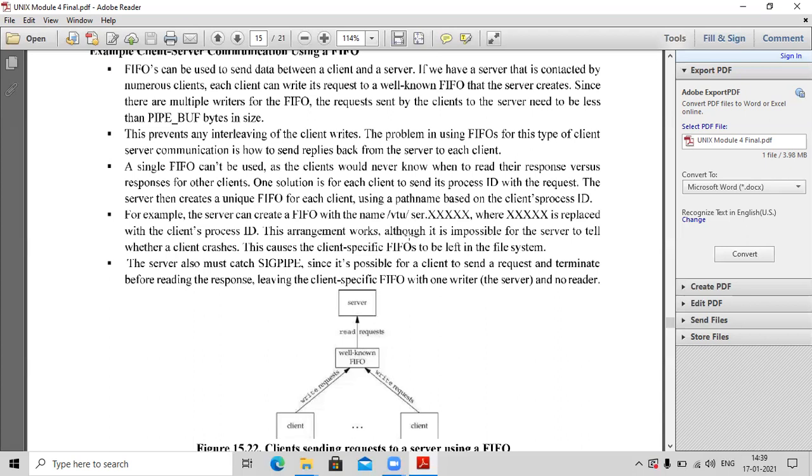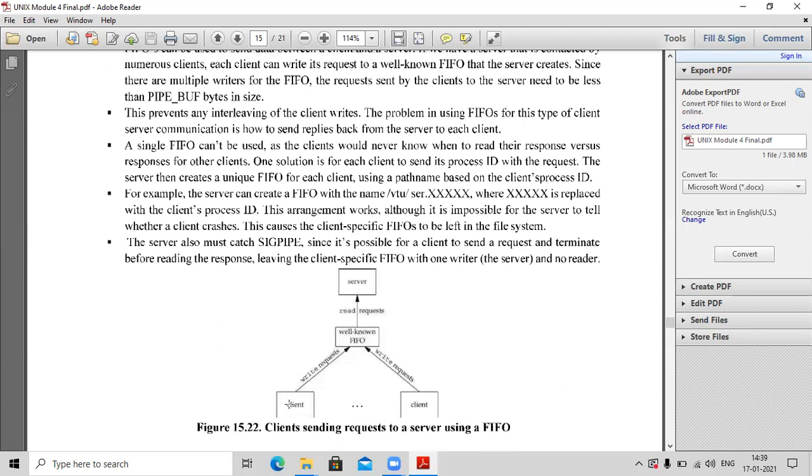This arrangement works, although it is impossible for the server to tell whether a client crashes. This causes a client-specific FIFO to be left in the file system. But suppose a client has requested something and then the client has crashed. Then if the server sends the reply, the server won't know whether the client has crashed.